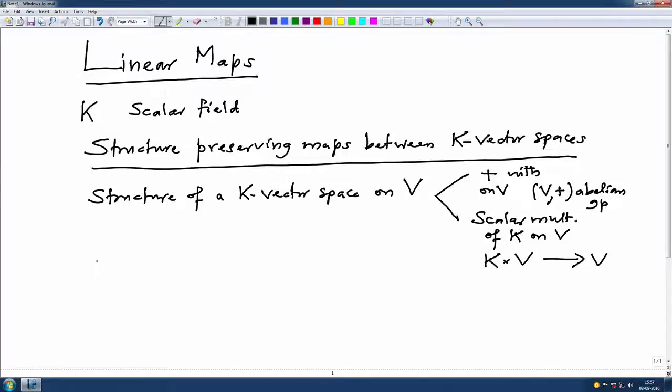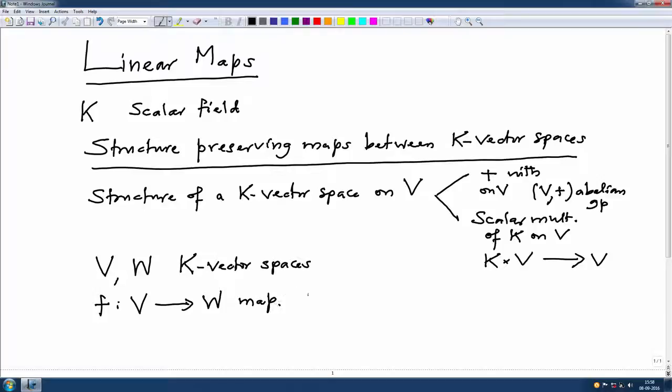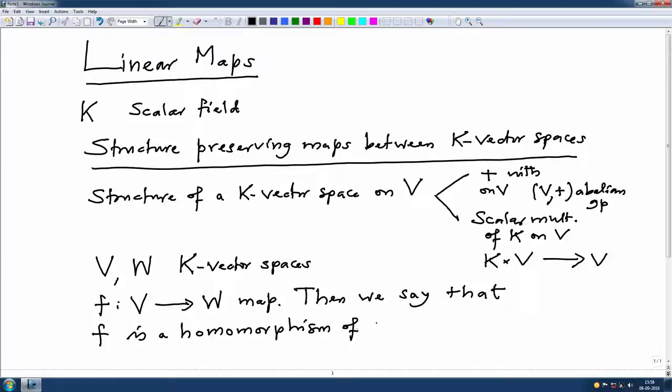And if you have two vector spaces V and W, both over the same scalar field, and suppose you have a map F from V to W, then we say that F is a homomorphism of K vector spaces if it preserves the addition and also preserves the scalar multiplication, that is, it is compatible with this structure. That means